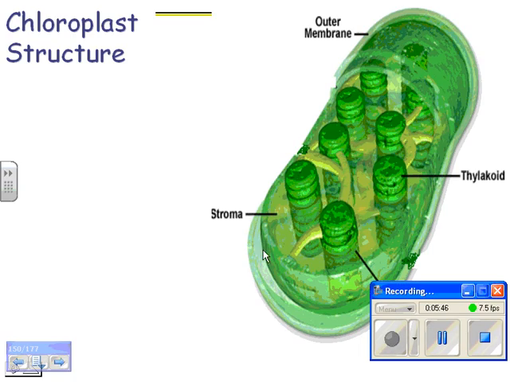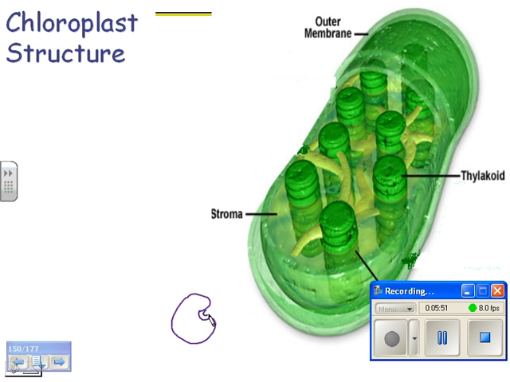Chloroplast structure. It's important to notice the double membrane here. Remember when we said when a cell takes in another cell, there's going to be the outer membrane, which came from the eukaryote, and then the inner membrane, which came from the prokaryote. So here's the outer membrane, which evolved from the original eukaryotic cell membrane that brought it in. And then here is the stuff that's evolved from the prokaryote. And these things, you should memorize the names of these things.